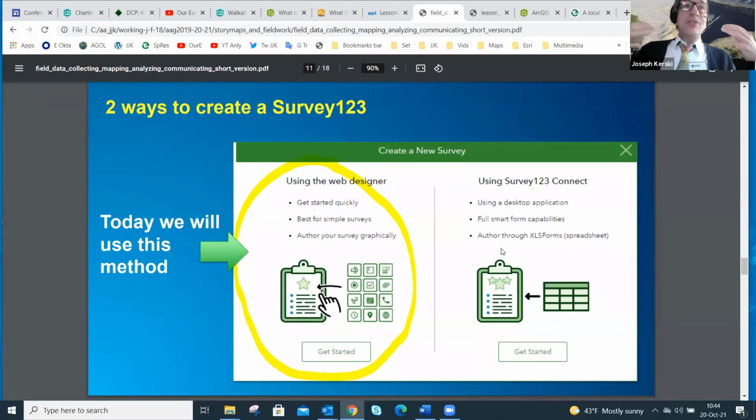You get the schema in Excel. We're going to use the left side here, the web designer, which is very much like the experience that you have probably had in the past, like in SurveyMonkey or Google Forms, where you're dragging and dropping elements, true/false, Likert scale, image, etc., into a form, and then publishing that form.